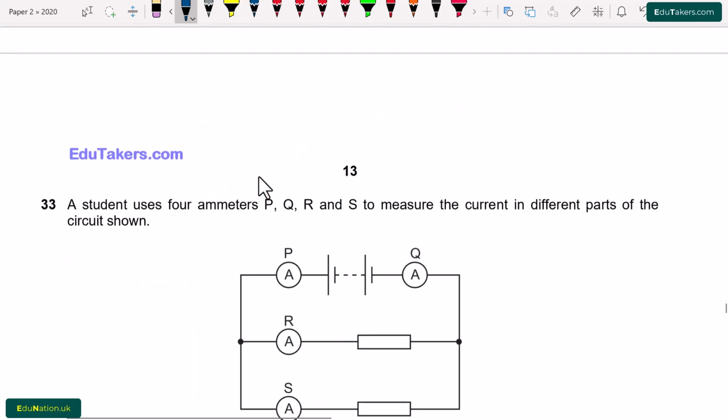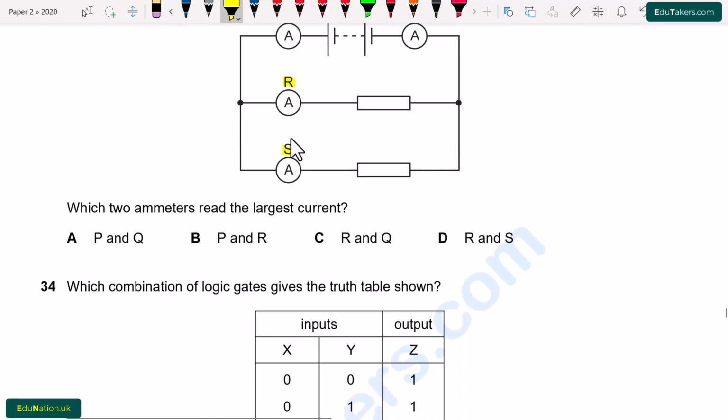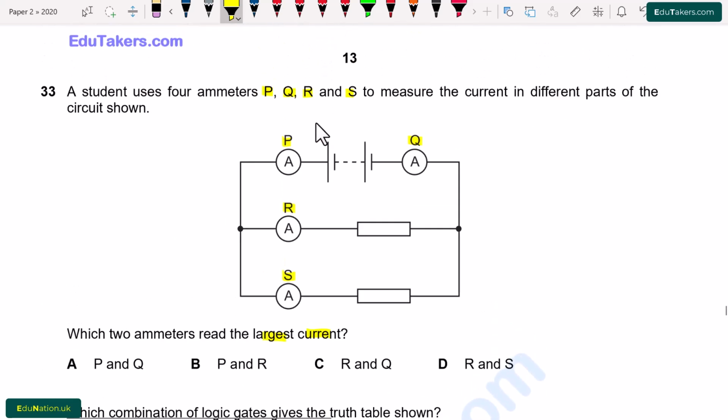Next, question number 33. A student uses 4 ammeters P, Q, R and S to measure the current in the different parts of the circuit shown. So there are different ammeters P, R, S and Q. Which 2 ammeters read the largest current? Which one of the following ammeters gives the largest reading of the current? Here we can see that